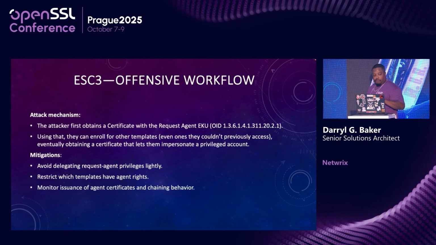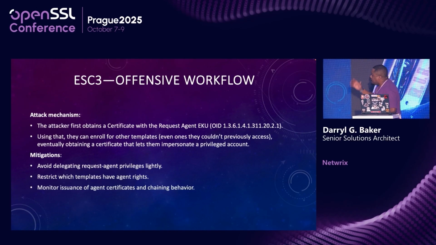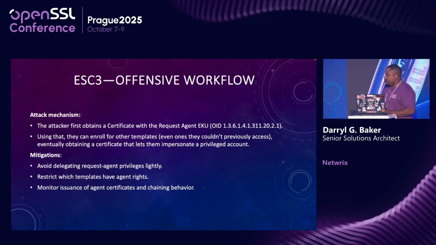All right, moving right along. So ESC3. The attacker first obtains a certificate that has that request agent in it. It can use that certificate to then use a CSR. With that CSR, you can go ahead and sign any other certificates that you want. You really do want to avoid delegating those request agent privileges, which is the permission that's required to enroll on behalf. Typically, that should be, I wouldn't even say domain admins. I would say this needs to be restricted to either specific accounts, like a service account that's used for this,